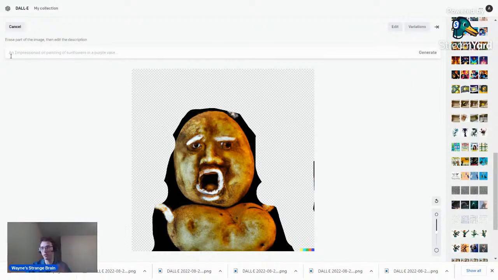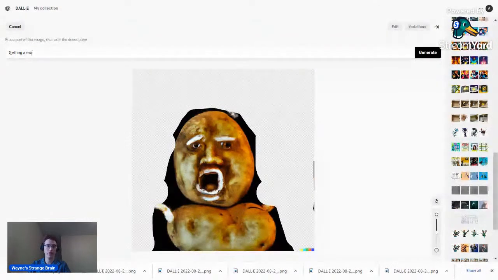So now I can give it a completely different prompt. Yeah, so the editor can just remove parts. So now I'm gonna give it a completely different prompt. Like blonde hair, or getting a makeover at the hairstylist, blonde hair.